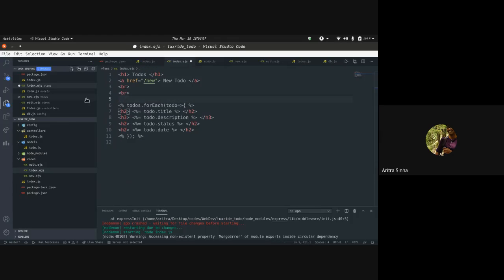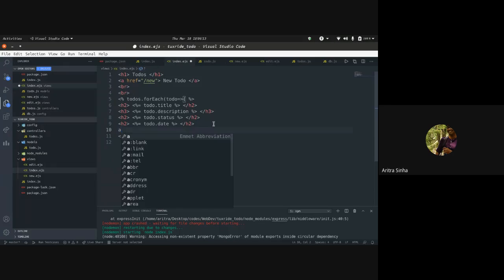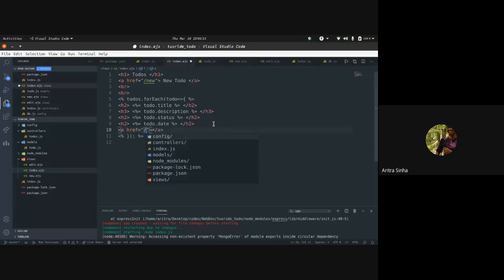Let's remove this also. So inside every to-do, I'll add an anchor tag which will be going to edit slash, and again for every to-do specifically we have to mention the id. So percentage, yeah, todo.id.